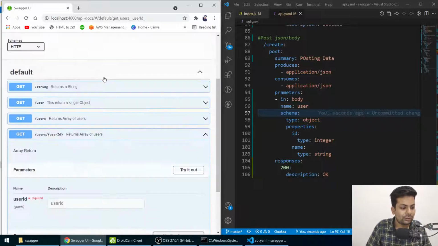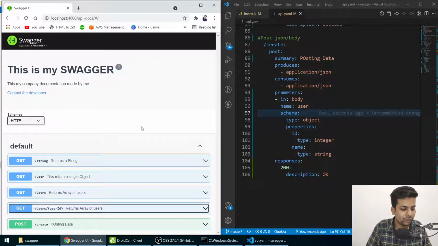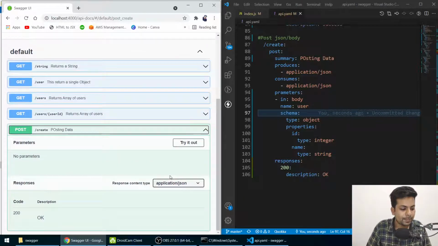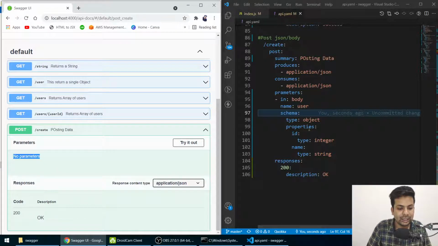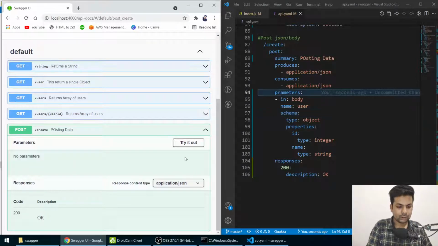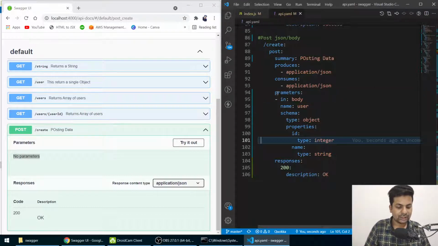Now let me reload this. So now it's showing me a post request, create posting data. If I open it, it's showing no parameters defined, but here I have defined the parameters. Parameters mean the input, where I should input the data. So we don't have that, because here was a spelling mistake in parameters.